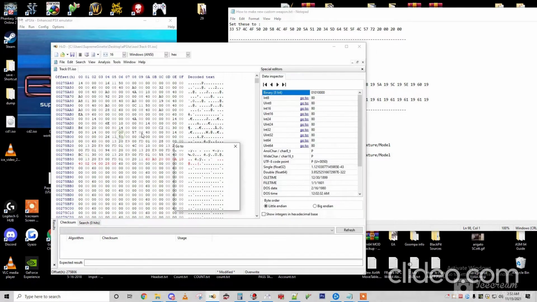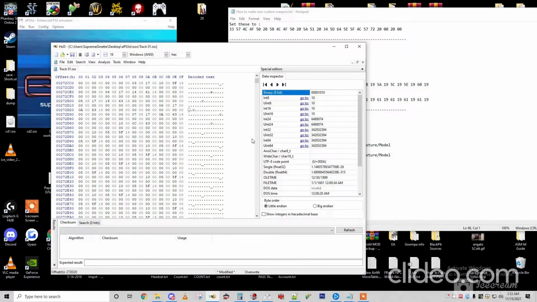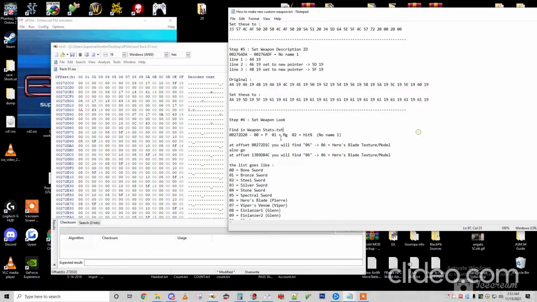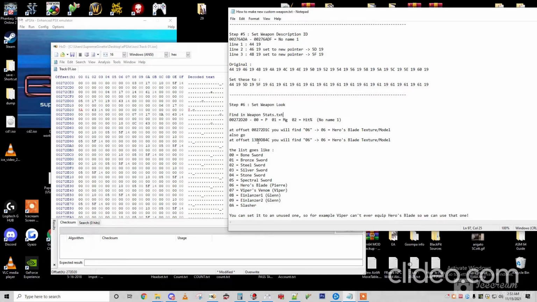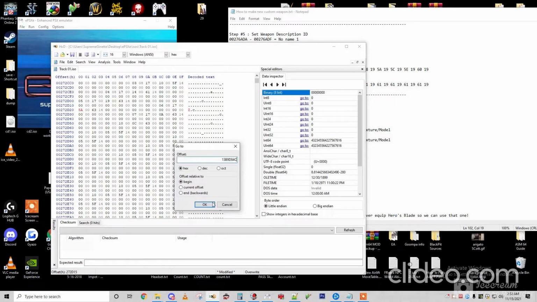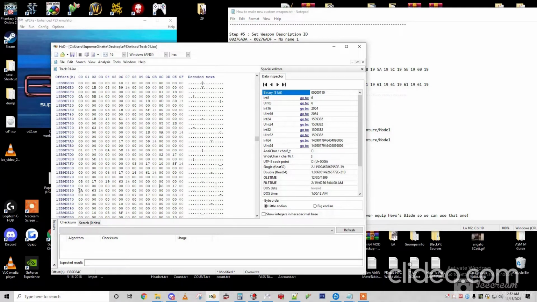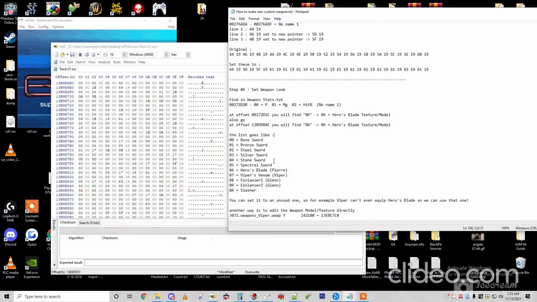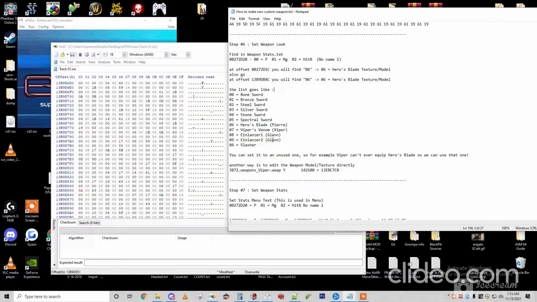I'm going to give our new weapon some good stats. Let's give it a ridiculous amount of AP. And when you want to edit stats of a weapon, you have to modify two values. The first one being the value that's going to be displayed in the menu, and the other one is going to be the value that is actually used in battle. So you want to make sure that you modify both of them. So you see, I'm going to put 90 instead of 10 in both. Alright,